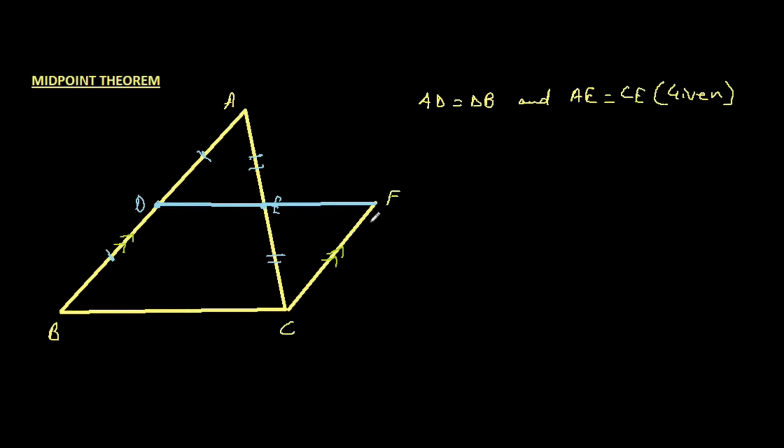Let's see how we can do it. Well, I can prove that it's a parallelogram if I somehow prove that CF is also equal to BD, because we learned about the theorem in the last video about theorems about parallelogram, that if we have one pair of opposite sides which are parallel and equal, then it is a parallelogram.